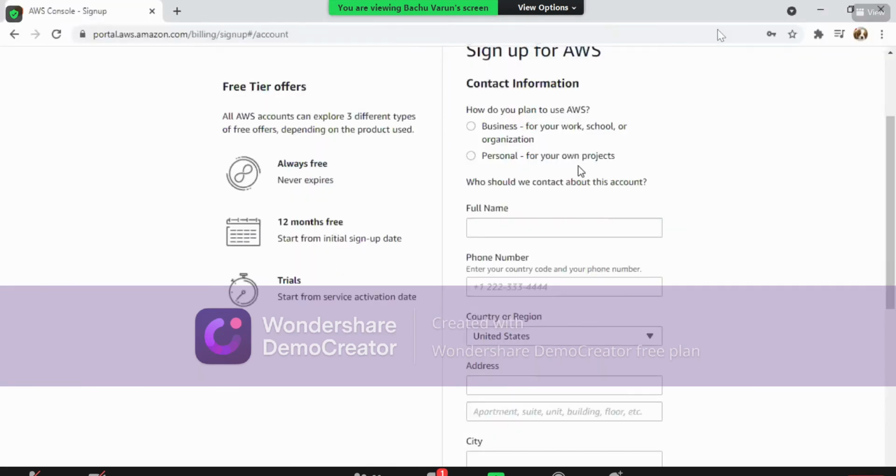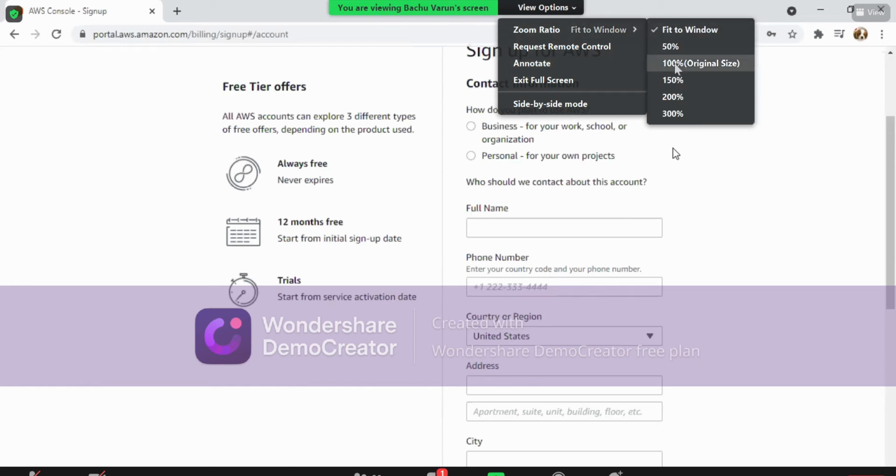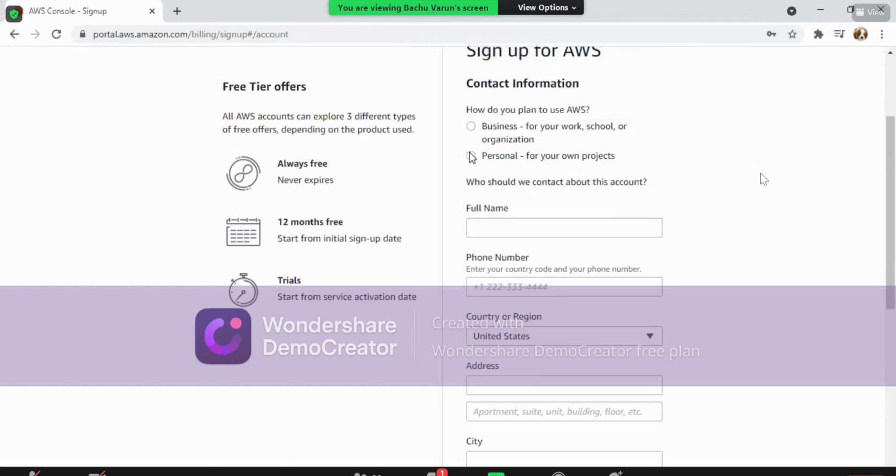So my suggestion is for you to create a personal account, because we are practicing here, right? When you go to a company, it is obviously a business account because it is required. So select personal account, and provide your name. Next, provide your phone number. It has to be mentioned here somewhere.